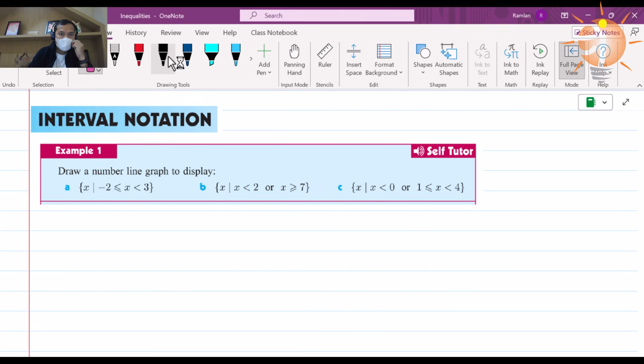Okay. So here we have this notation. How do we read it? If we have a curly bracket over here, and then say it's x, it means that in this set, you're just talking about x. So here we have x. This line here, we read it as "such that". Such that -2 is less than or equal to x, and then x is less than